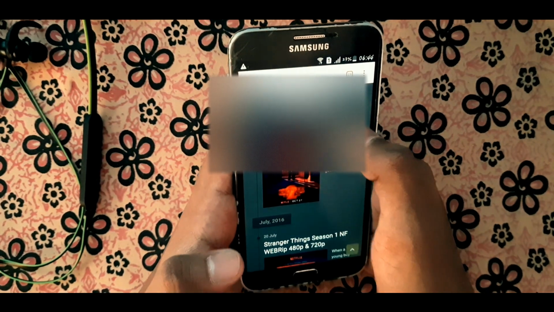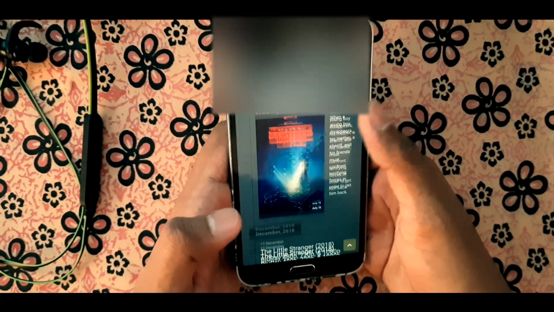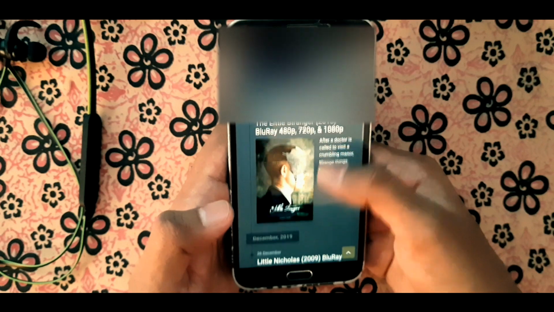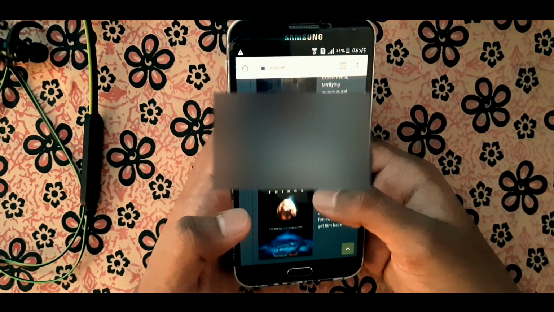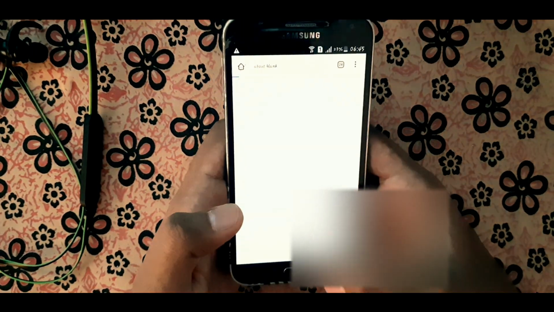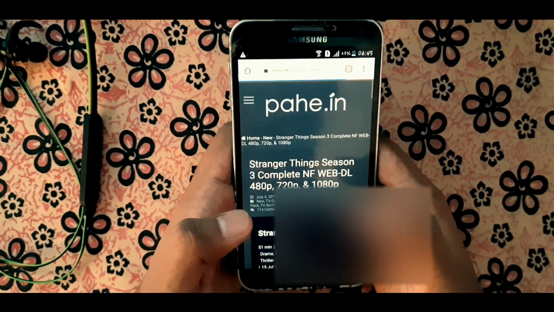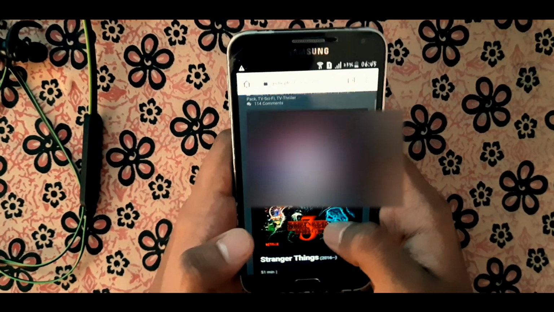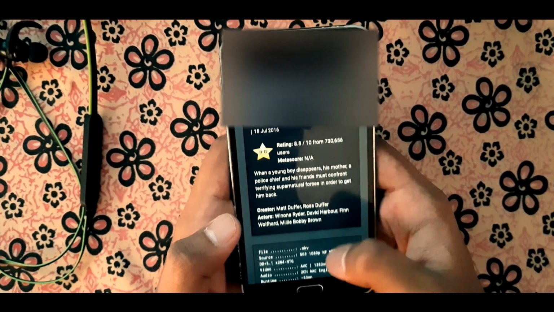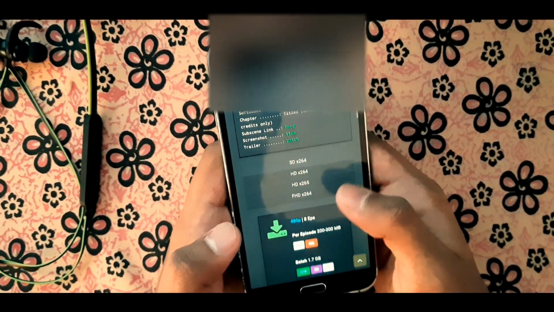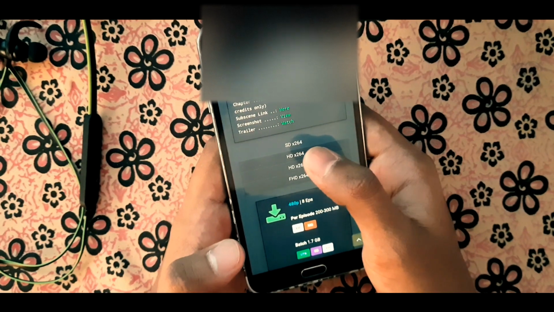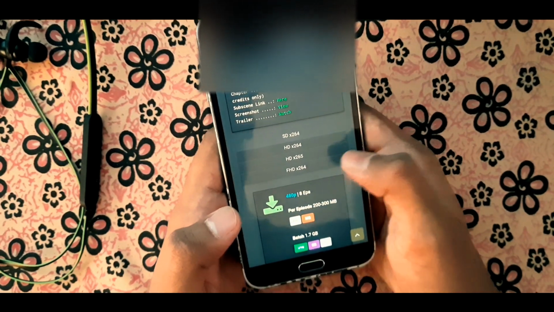You can see Stranger Things in 480p, 720p and 1080p. It is available in all resolutions. Now I'll search for 13 Reasons Why.